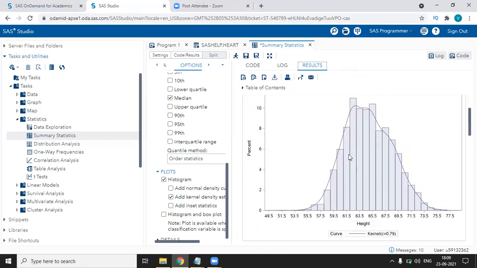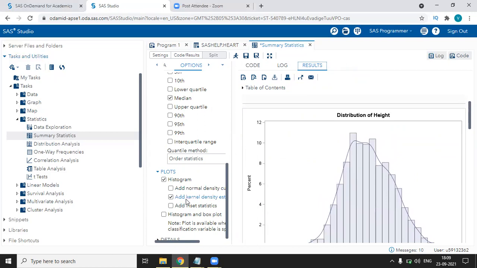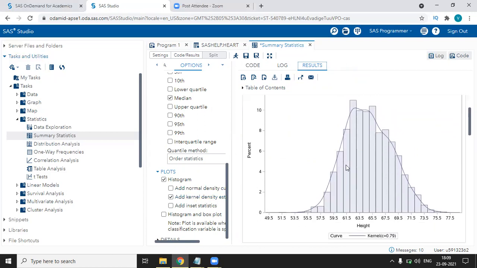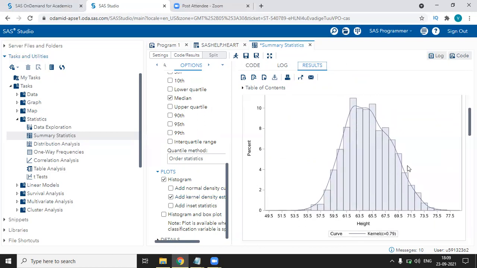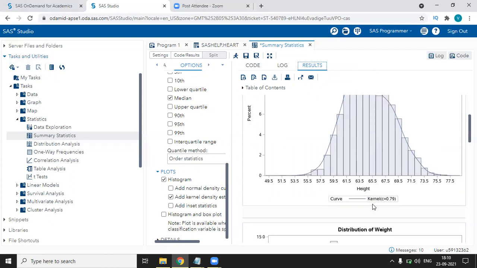You can see that same histogram is there in this kernel density, but when you click on this kernel density option, there is no normal curve. This curve represents the histogram, like it will have an up and down as the histogram. You can see the kernel. This blue line represents the kernel density estimate.